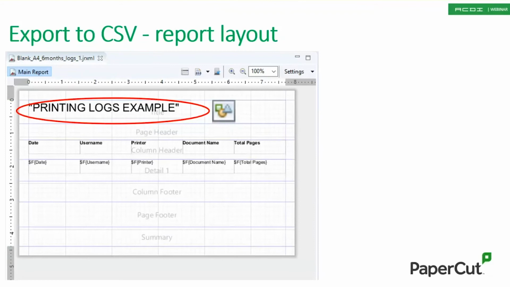Here's an example of the report layout and the elements that can be customized using the Jasper suite and preparing for CSV output. You may not want the field containing those words printing logs example to show up on your export. Well, there's a really nice wiki that's available on how to hide fields for clean exports into Excel or